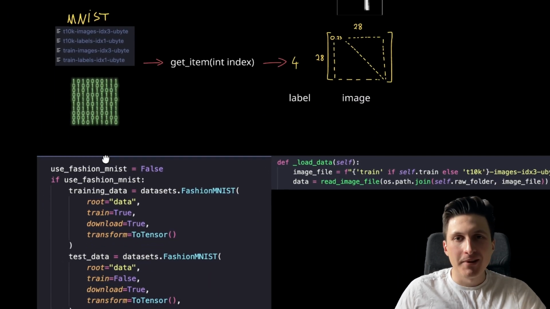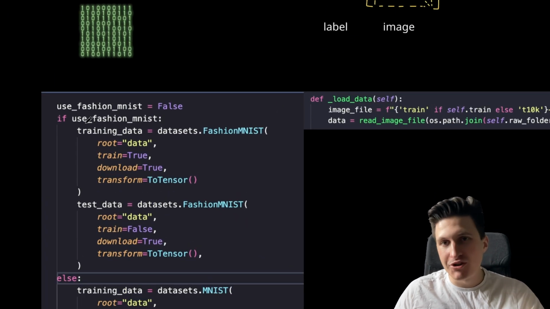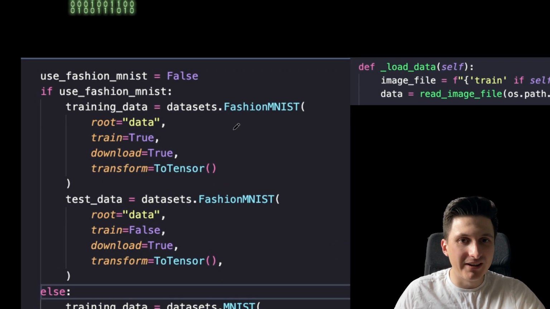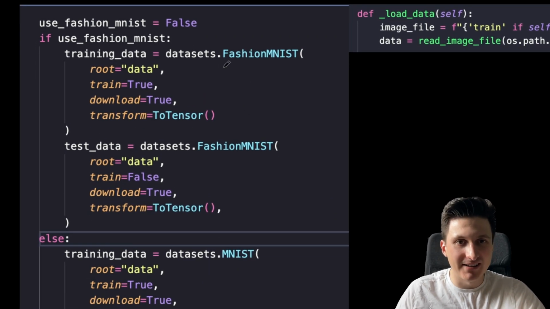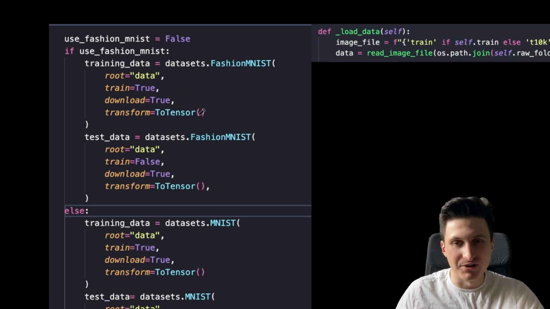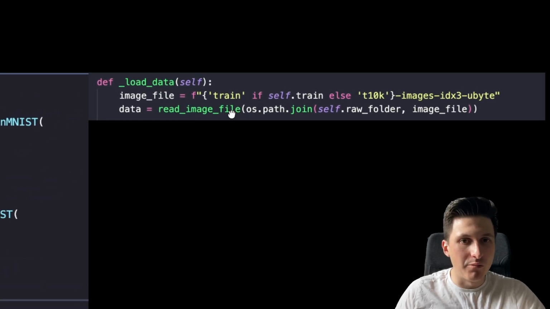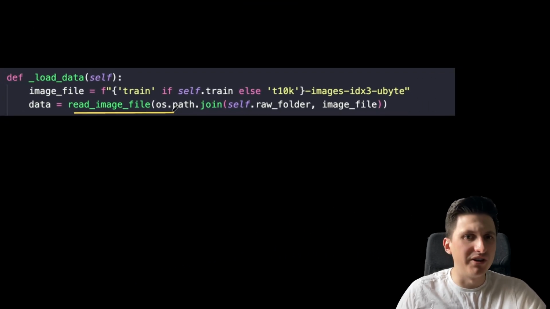But one advantage of PyTorch and Python in general is that in PyTorch it's very easy to load in the Fashion-MNIST and MNIST datasets, as it's already implemented for you. You can just call datasets.fashion-MNIST with the place where the data needs to be downloaded, and it will just load everything in for you. And also, if you look into the library code, what they do is just call a read image file